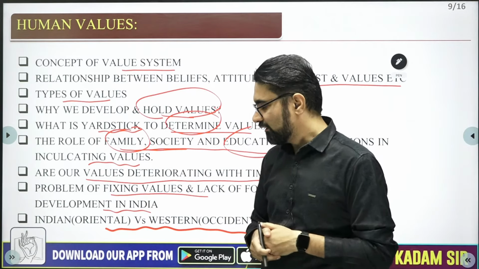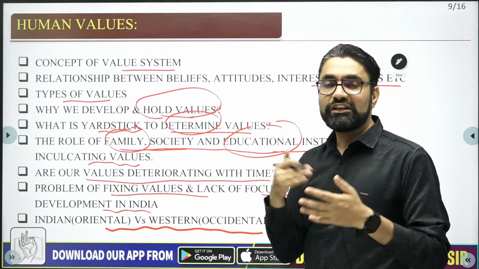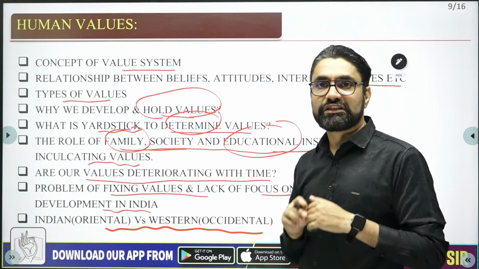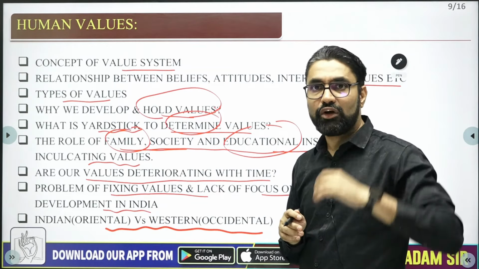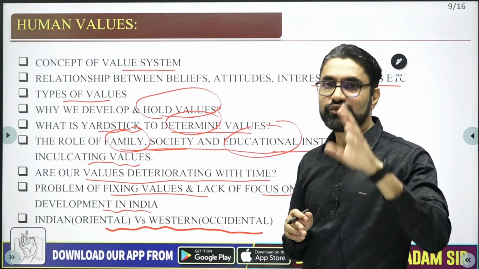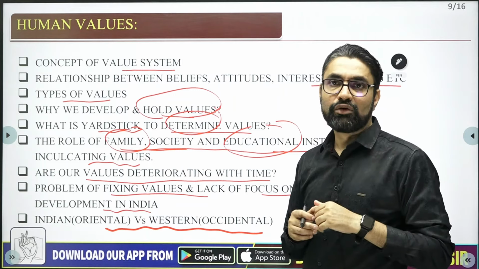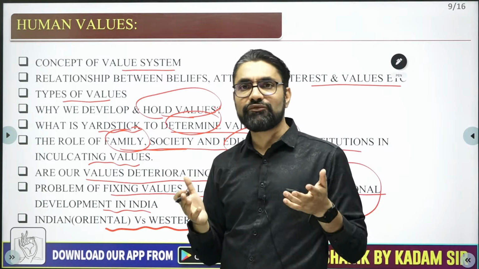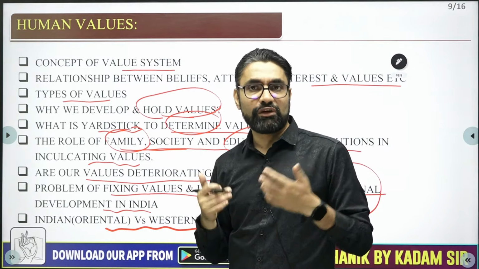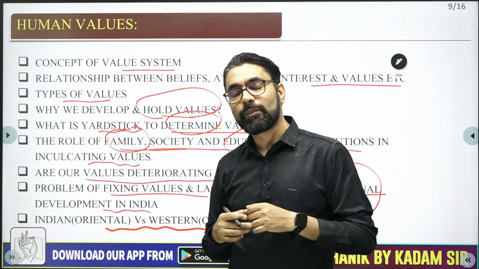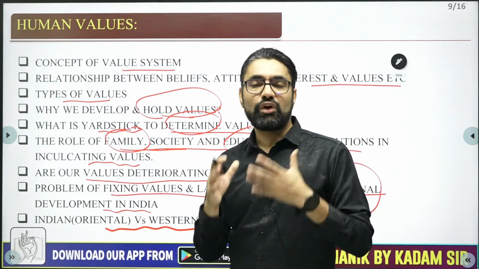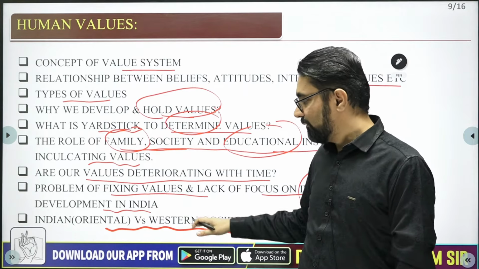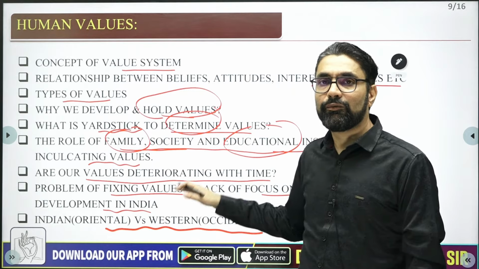So globalization is a very strong force, and because of these new values that globalization is bringing to India, there is a conflict between Indian and Western values. Don't celebrate Valentine, it's a foreign culture. Don't celebrate rose days, it's a foreign culture. Don't celebrate Friendship Day, celebrate Krishna Sudama Maitri Divas. All these conflicts are going on. Jallikattu is our tradition, PETA is a foreign organization, they are forcing foreign values in India. All these debates are nothing but a reflection of this conflict between Indian and Western values, Oriental and Occidental values.